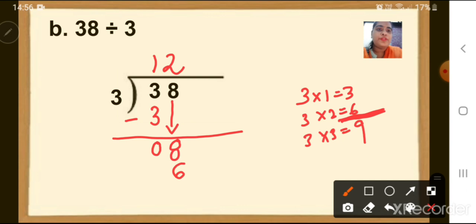Understood, children, how you have to write and divide? 3 twos are 6. Then I will put the minus sign and a dash. Then we have to subtract these two numbers. 8 minus 6 is 2. So 2 is our remainder. Why is it the remainder? See, now children, there is no other number after 38. So that means we have to stop dividing. Here you can see we didn't get 0. We have got number 2. So number 2 is our remainder and number 12 is our quotient, or our answer.